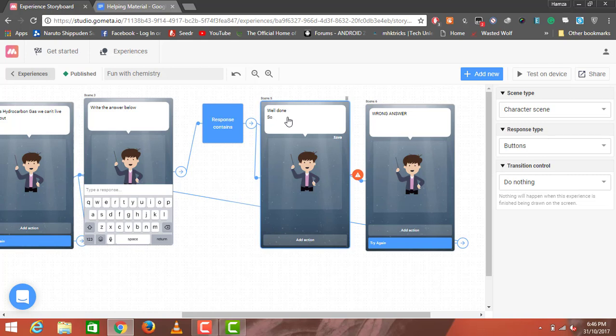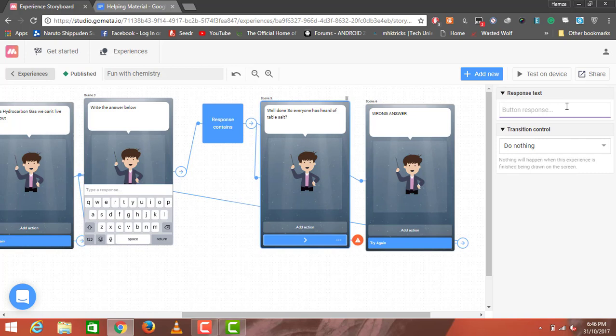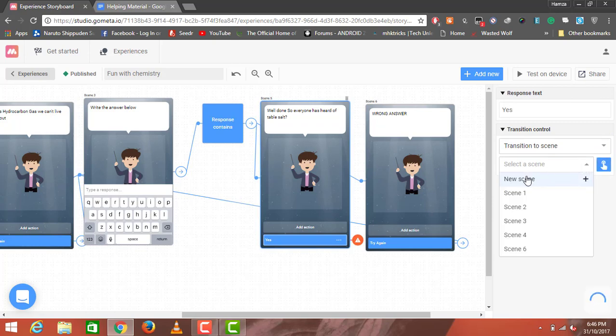So everyone has heard of table salt. Table salt. I'll click on add action. I'll write yes. I'll change do nothing to transition to scene. I'll add a new scene that will be a character scene,